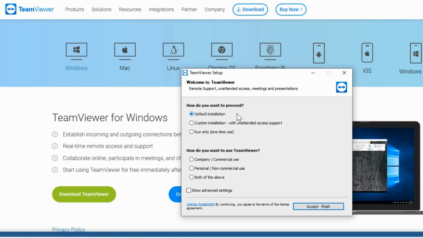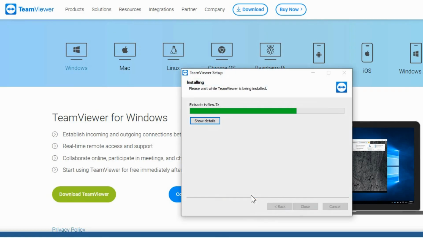It goes both ways, but it won't be unattended, so no one can connect into your computer or this computer without the program running. Then of course choose your appropriate license, same as before, and hit accept, and it goes through again the quick install.